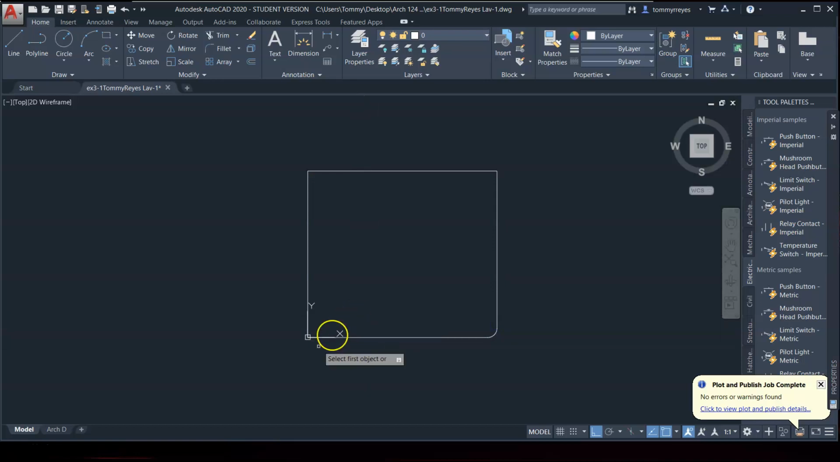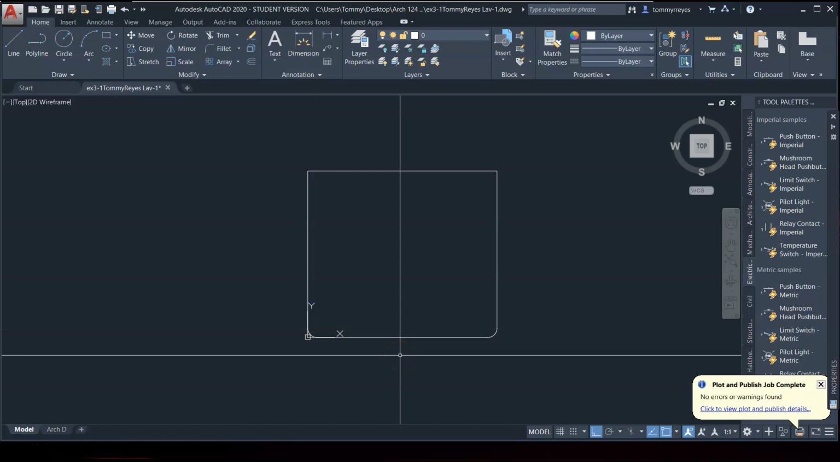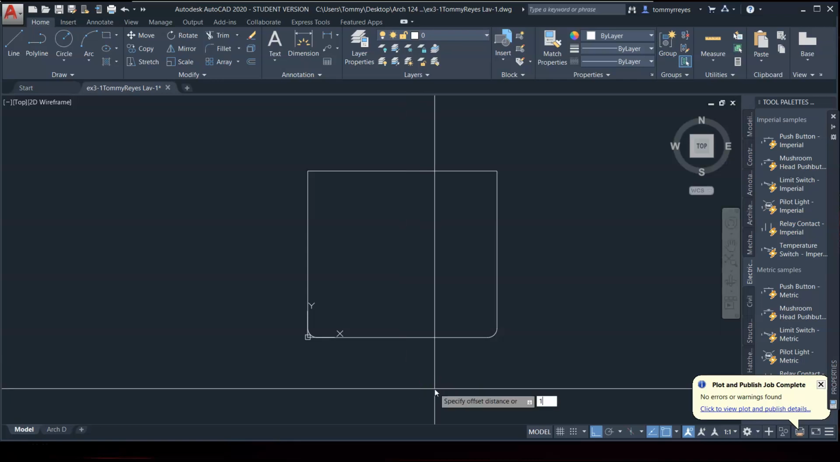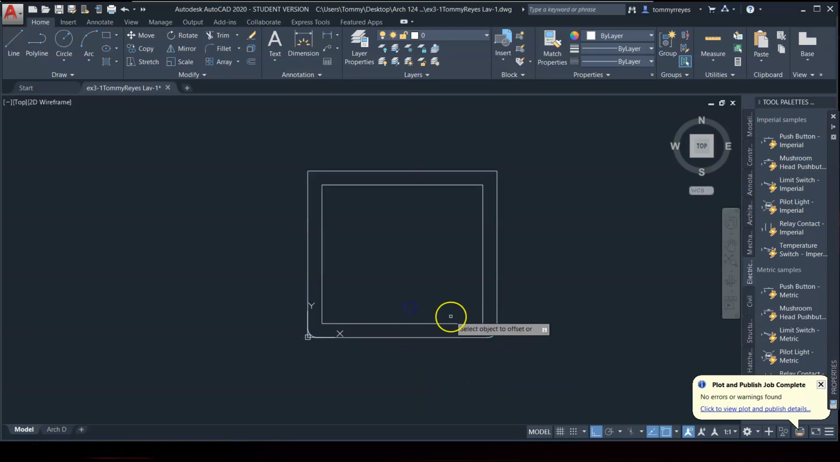Here, spacebar, select, select. All right, and now sides and front of sink are 1.5 offset. So offset 1.5. Go. This back should have 4 inch offset from